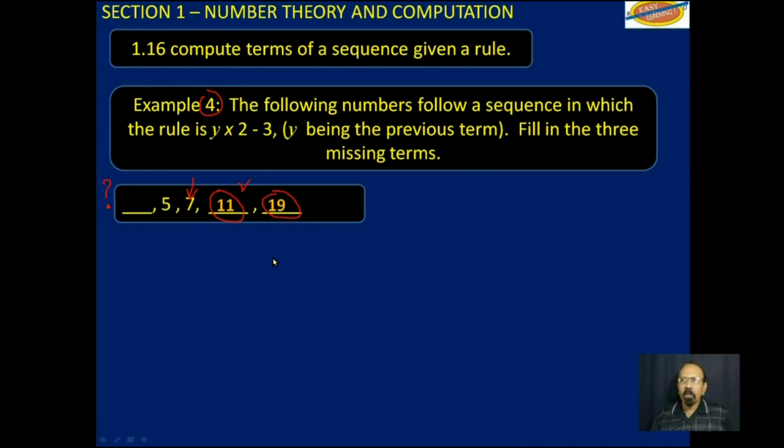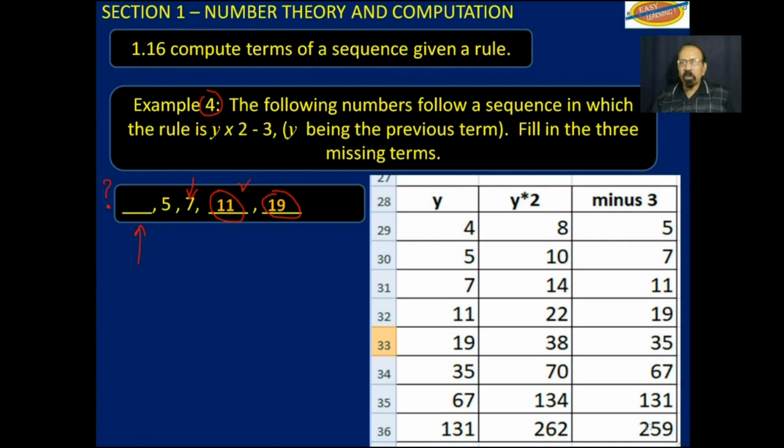So what do you do for this one here? You can't follow the same rule because it wouldn't work. We don't have a previous term. So this is the computer-generated table. Actually, the previous term is 4. You can guess that, but there is a way of finding it without guessing. So we have 5, 7, 11, 19. The next one would have been 35, and so on.